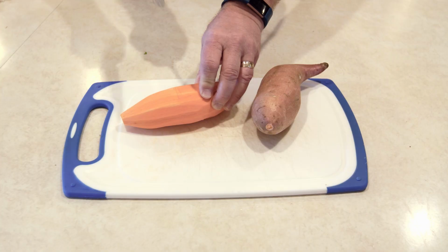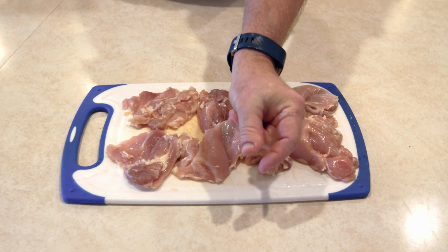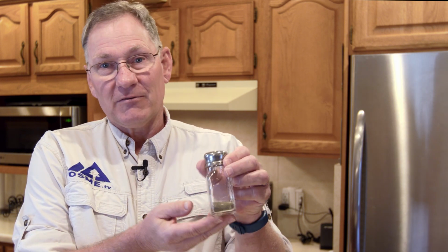Today this recipe is pretty simple. We're going to start with our sweet potatoes. We're going to peel them and then cube them up. Next we'll go to the chicken. We'll take the fat off of that and cube that up. And then we'll go to our spices. The spices that I enjoy, of course, just some pepper,